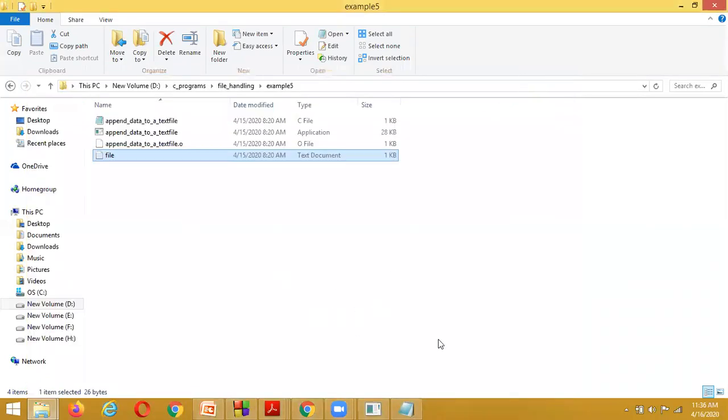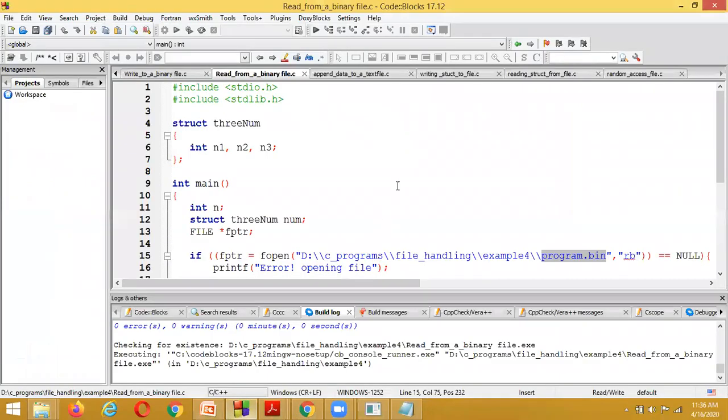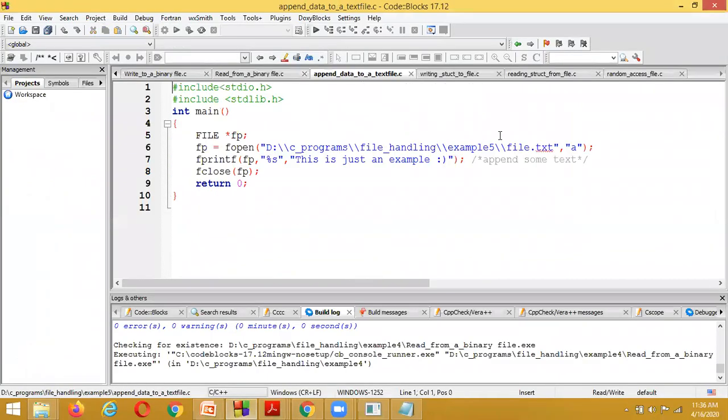What is the mode we need to remember here? The mode is A, for append. And what file are we opening here? We are opening a file called file.txt.